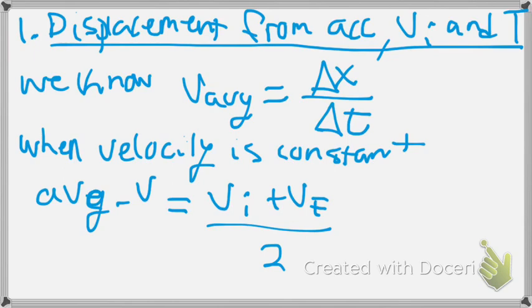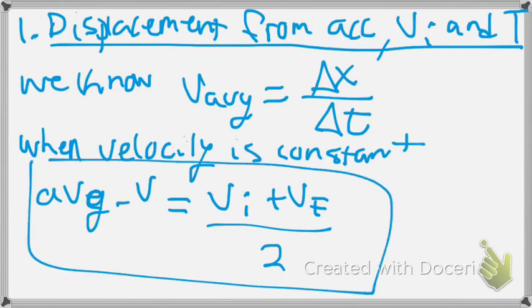So these are all formulas for when acceleration is constant, and this one's saying specifically this one only works when velocity is also constant? Yes, or at the very least, they're saying that this portion of this formula is true when velocity is constant. So is that average velocity? Mm-hmm. Equals velocity initial plus